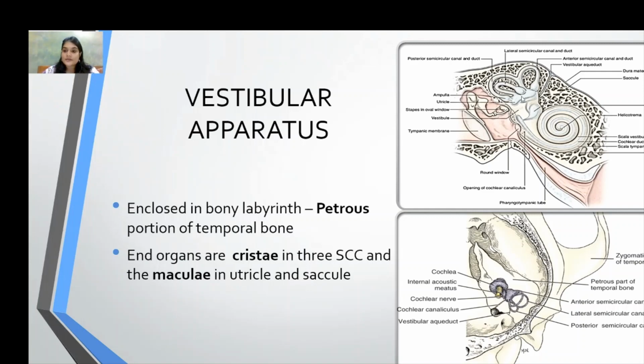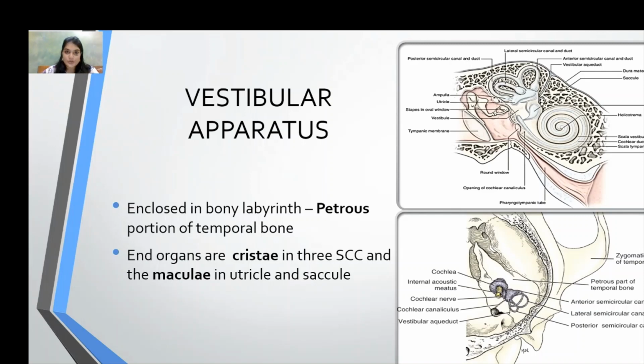The petrous part of the temporal bone forms the outer bony covering that is known as the bony labyrinth. This is the cochlea, this is the saccule, and this is the utricle and the three semicircular canals. The saccule, utricle and the three semicircular canals form the vestibular apparatus. So the outer bony covering is known as the bony labyrinth, within which you have the membranous labyrinth. Between the bony labyrinth and the membranous labyrinth, there is a fluid known as perilymph, and within the membranous labyrinth,